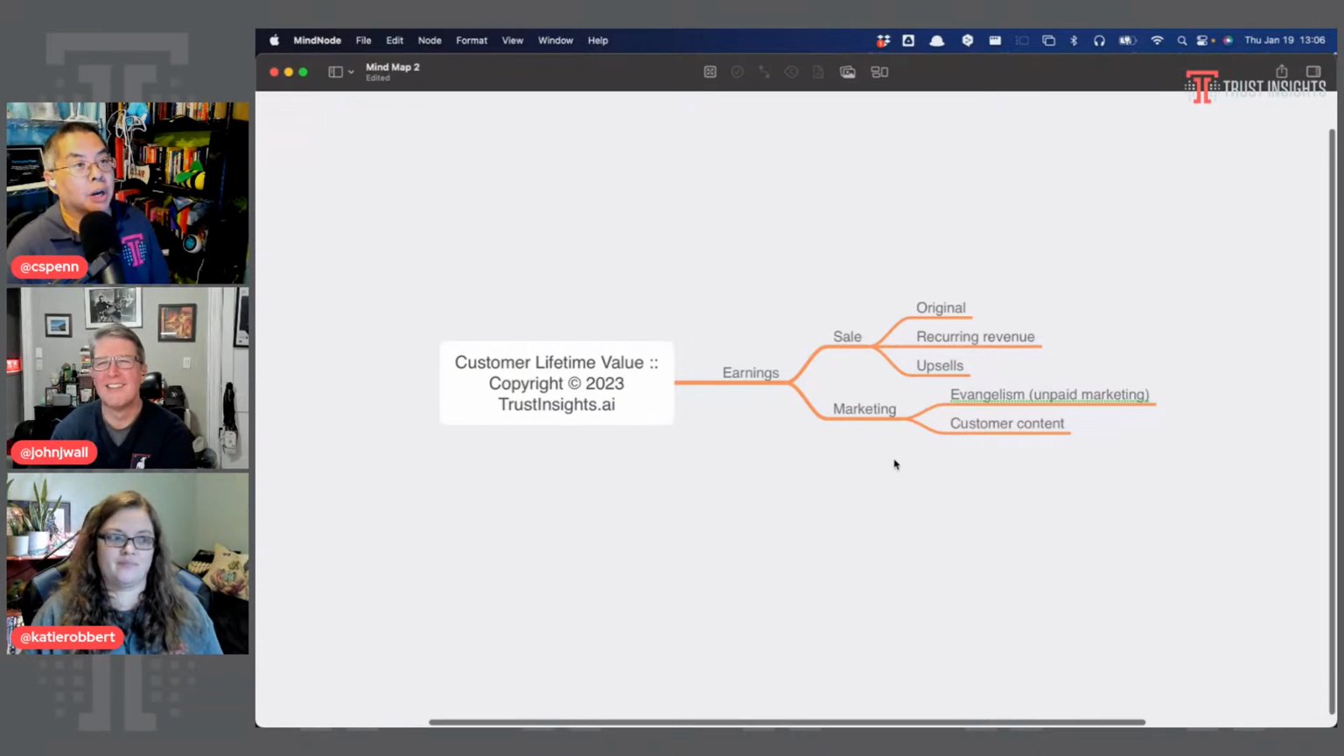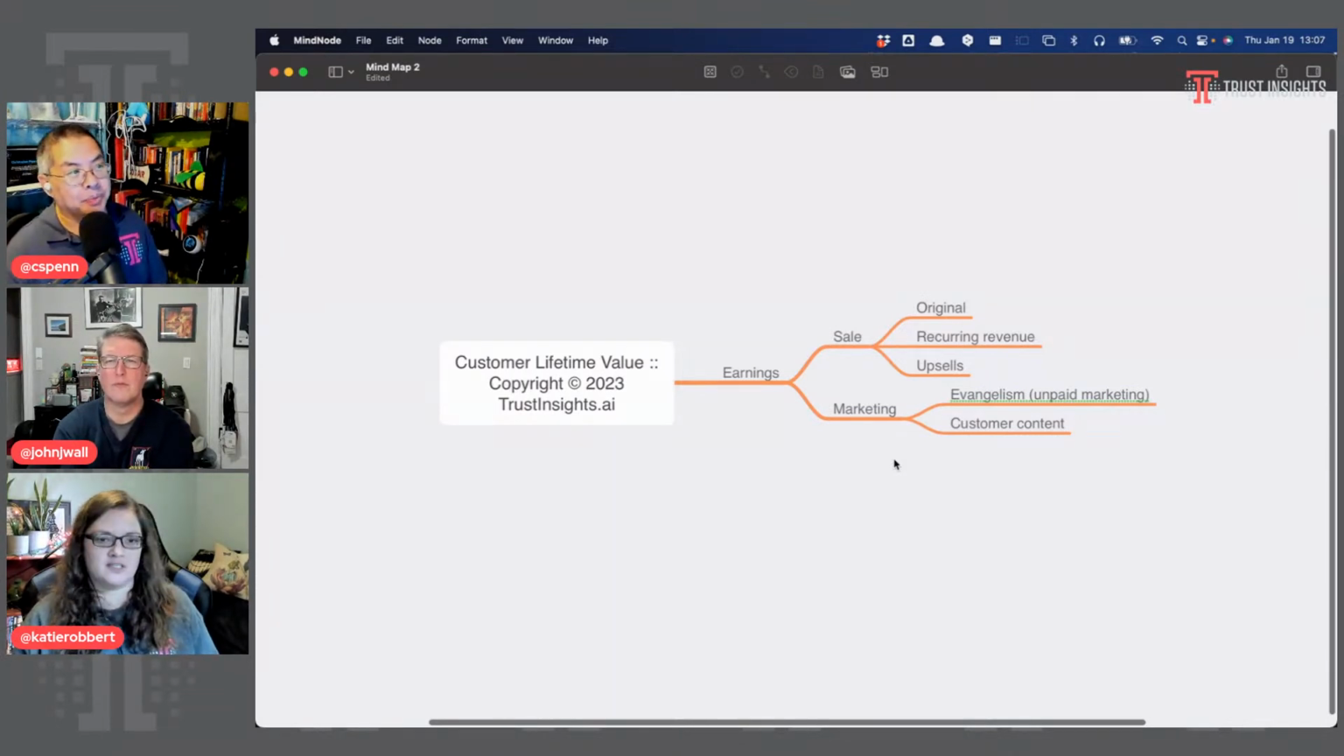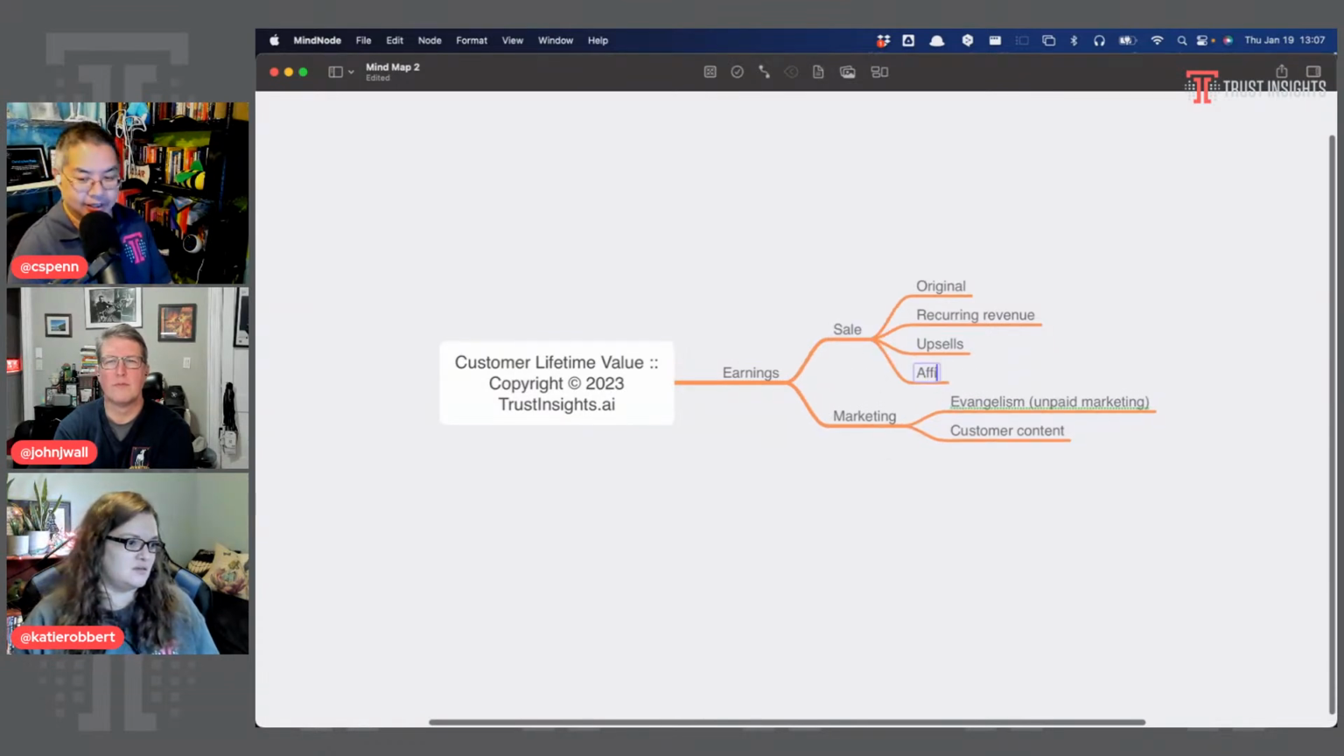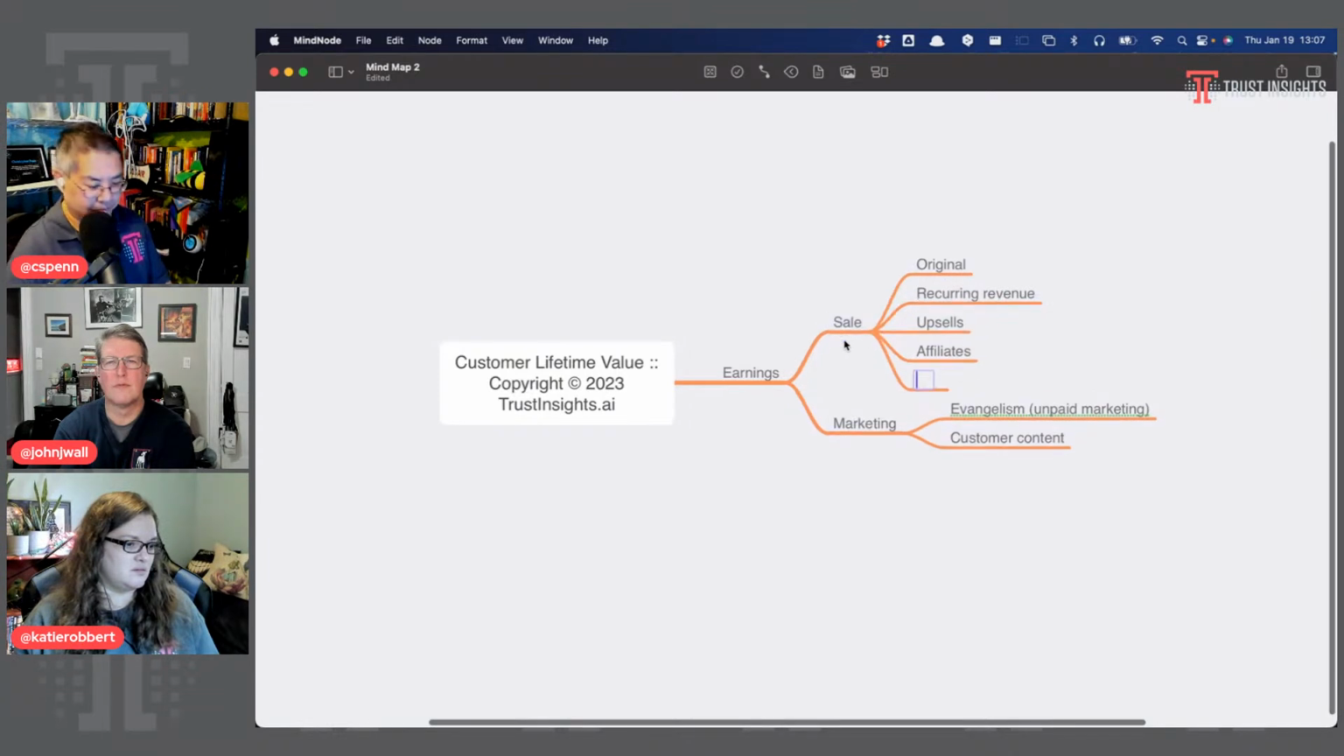Well, what other hard numbers are there for customer lifetime value on the earnings side? How else can we make money on a customer? And not just us, but think about a soda business. Think about a local restaurant, maybe. I was going to say probably affiliates and partnerships. Affiliates, exactly. Affiliates, partnerships,